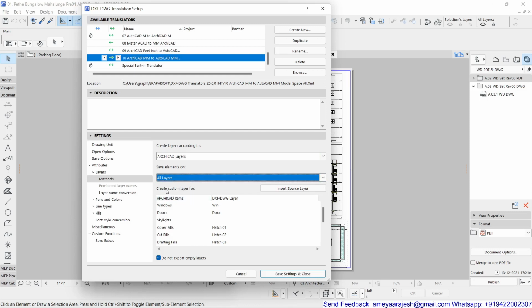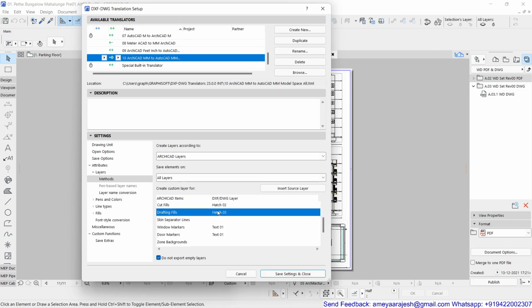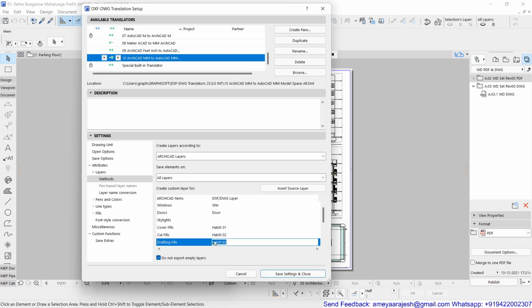Now the important thing is Create custom layer for, and then you have a choice: for example, for the window I have generated a window layer, for doors I have generated a door layer, or skylights if you have them, and also cover fills, cut fills, and drafting fills. Just make sure you give appropriate layer names so that these elements get converted or placed on the specified layer names. This is again an important thing.